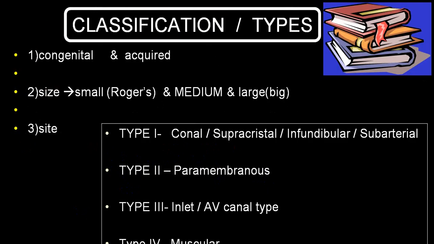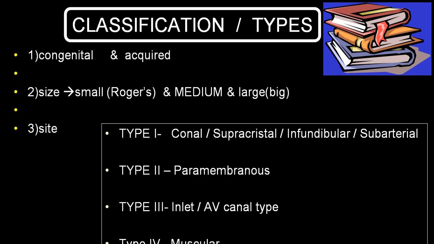Now there are different terms which are utilized. One, congenital and acquired. What we are going to discuss at present is congenital. Among acquired, in a person who develops an anteroseptal infarct, particularly because of occlusion of the LAD, it will produce infarction, necrosis of the interventricular septum, and that can rupture and produce an acquired acute ventricular septal defect.